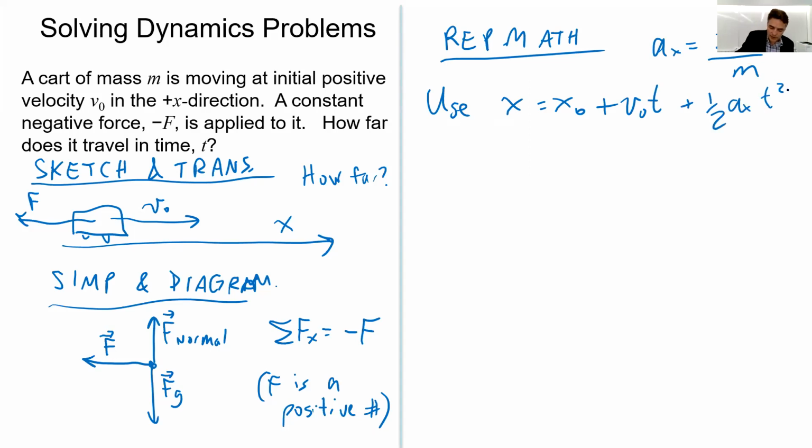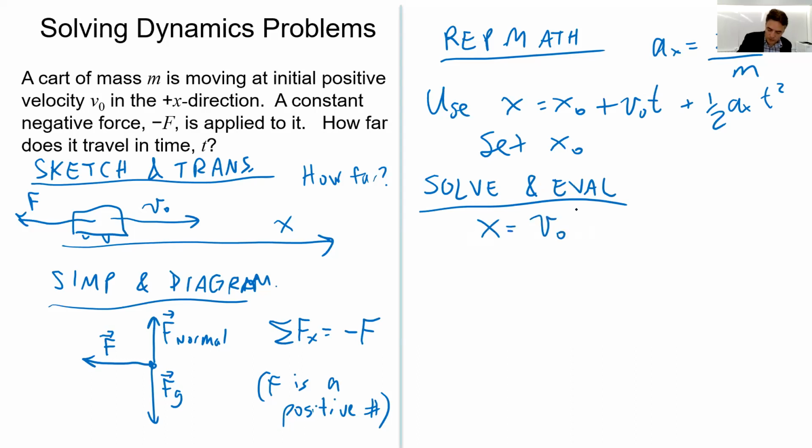We're going to set x0 equals 0, but in this case, v0 is not 0. And then let's solve it. Basically, you have x is equal to v0 times t minus f times t squared over 2m. So what this means, v0 times t, which is larger than this next term,